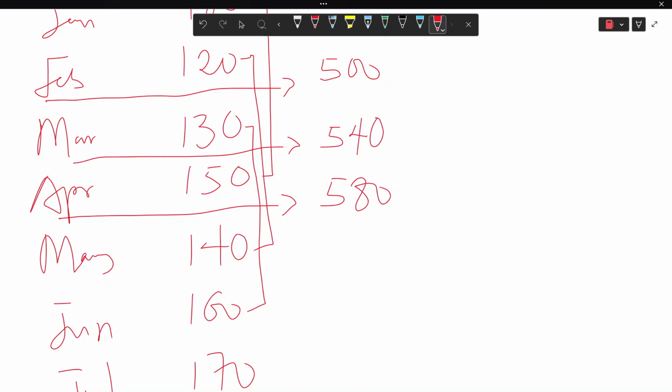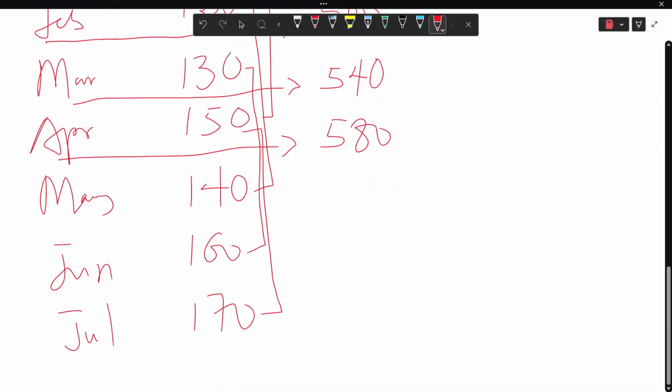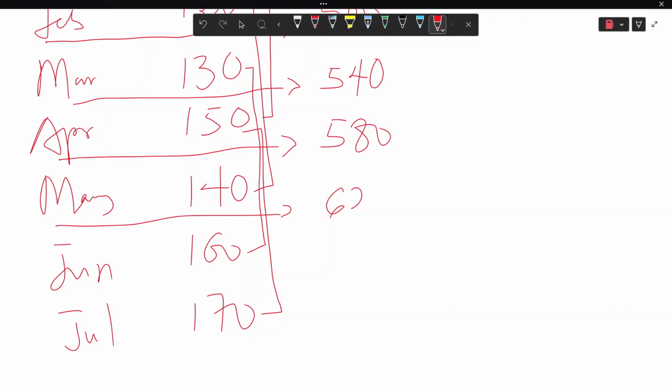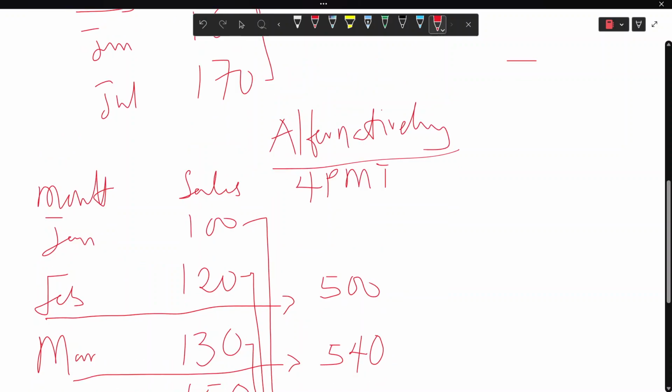Then lastly, we have from 150 to 170: 150 plus 140 plus 160 and 170, giving us 620. Also lies here. Good. The next thing we are going to do is to find